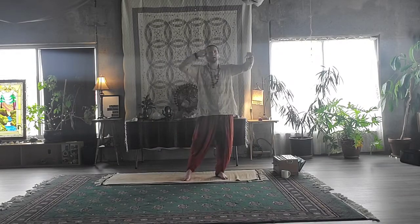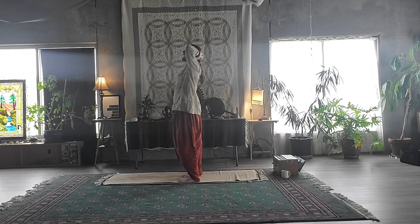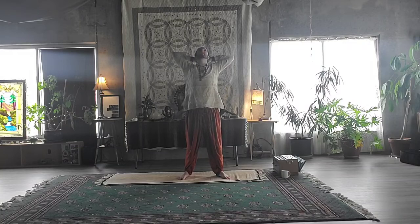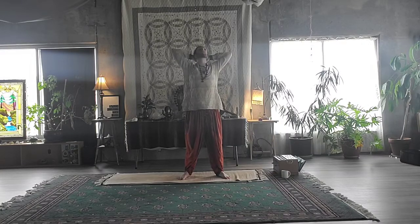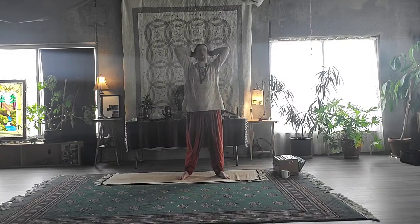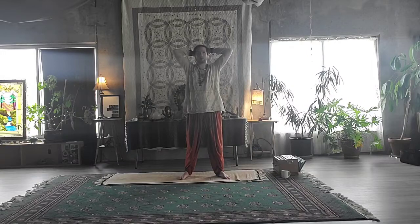Then we're going to interlace our hands behind the head, kind of under the occiput, the shelf of the back of the head. And we're going to open our chest nice and wide, opening that heart center, looking gently up towards the sky. And then breathing out, we're going to pull up and forward, rolling chin to chest, elbows together. So breathing in, opening up,